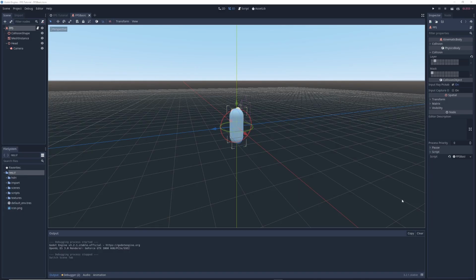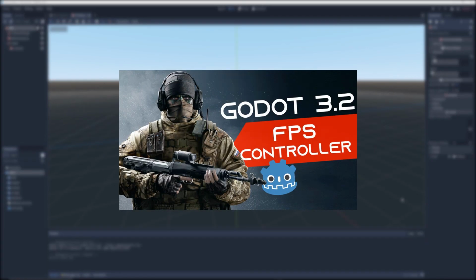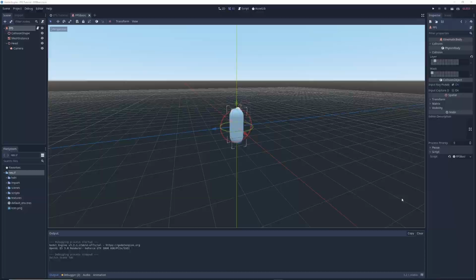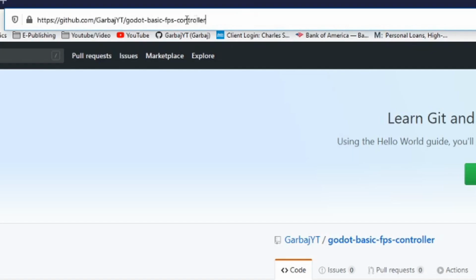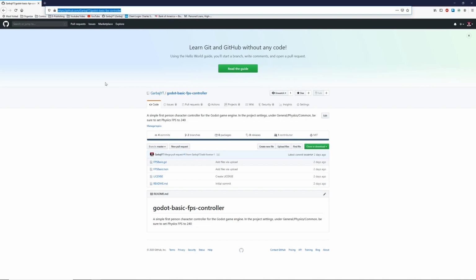For this video, we're going to be starting off with a basic FPS controller like the kind that we built in this video. But if you don't feel like watching the video, then open up your web browser and go to www.github.com/garbageYT/Godot basic FPS controller. This is going to take you to one of my GitHub repositories where I have a first-person character controller pre-made for you that you can import into your game and use to follow along with this